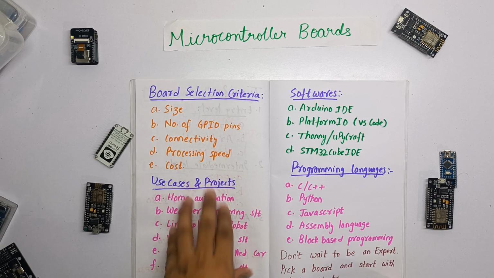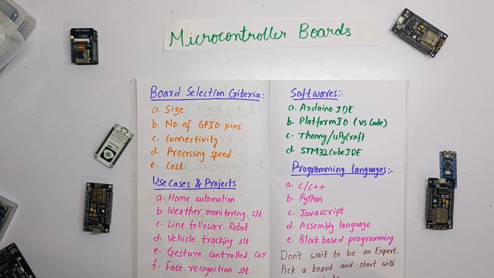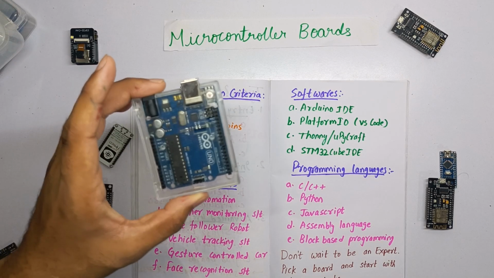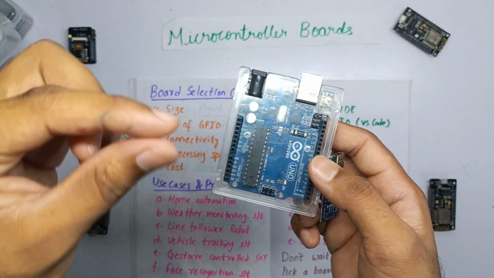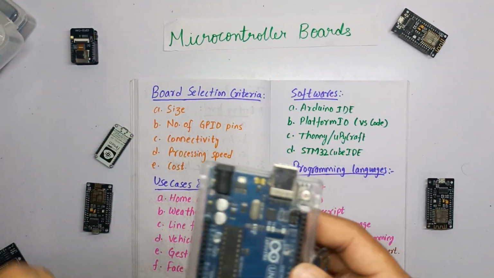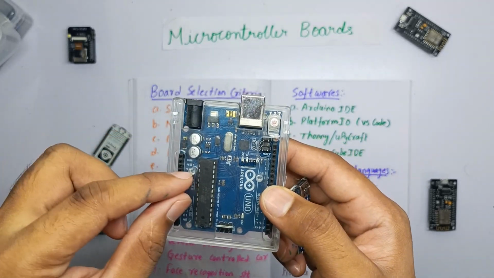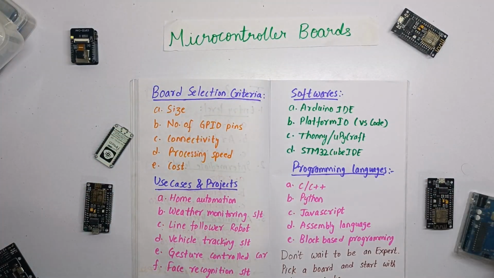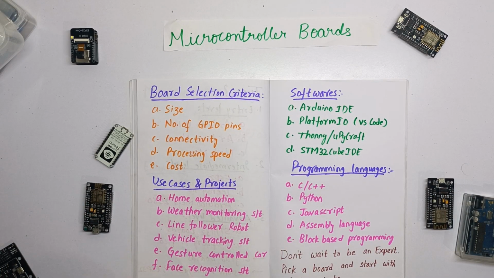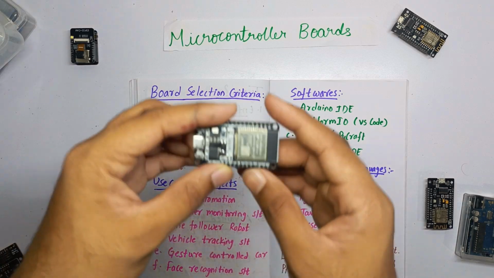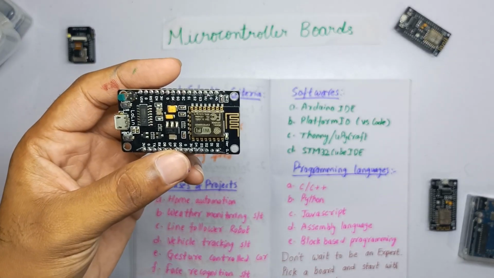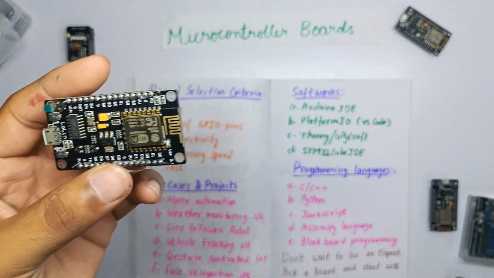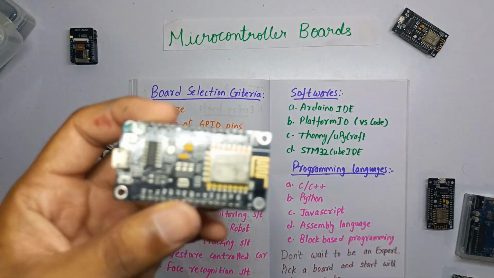Coming to connectivity, if you need wireless communication like Bluetooth or Wi-Fi, then you cannot use boards like the Arduino Nano and Arduino Uno. Yes, you can add other chips to them, like the ESP8266 Wi-Fi chip or ESP01, so that it may get connected to the internet over Wi-Fi, but that is not that recommendable. If you have such applications, it is advisable to use ESP32. If you are going to use Bluetooth or Wi-Fi communications, it is advised to use ESP32, and ESP8266 if you are going to use only Wi-Fi, since it is less costly.